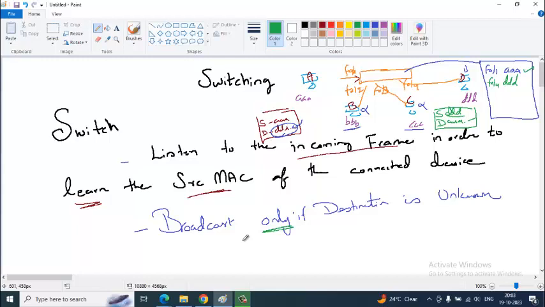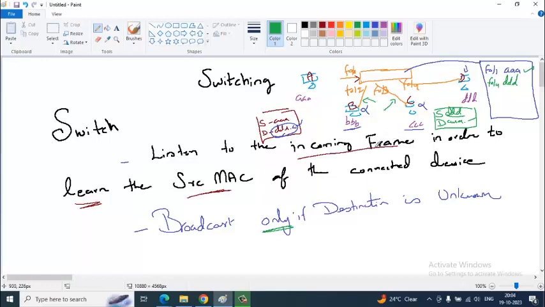It's not unnecessarily broadcasting. You saw here when a broadcast is done, this link of B, this link of C is unnecessarily consumed by the packet. The bandwidth is consumed. So always broadcasting is very bad. It's going to unnecessarily consume the bandwidth of unwanted destinations.